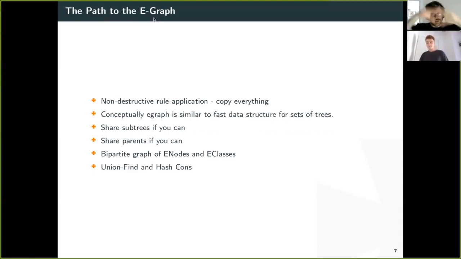Okay, so that's great. Then you maintain a set of all the possible trees that you can get to using your rewrite rules. And conceptually, the egraph is a fast data structure for holding and analyzing this set of trees. Now, there's two essential observations you can make. There's significant sharing in what you're doing. If you bulk copied everything from a tree every time you apply the rewrite rule,